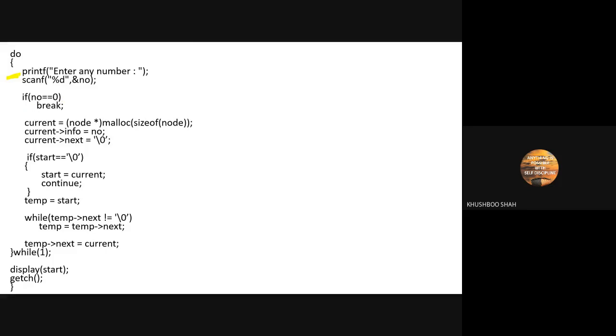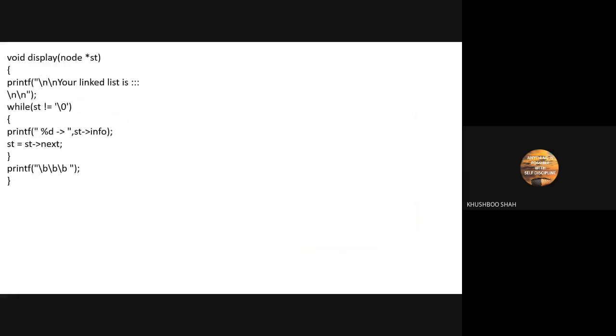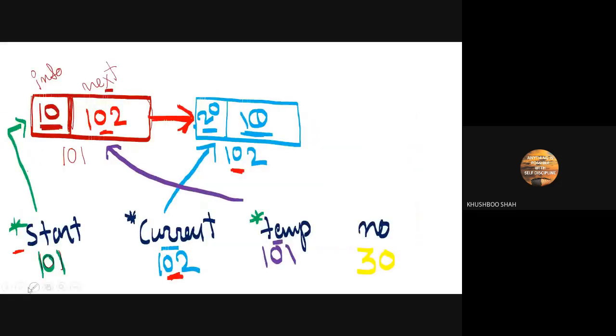Now what we are going to do, again the same process. Create one node and assign the address of that node to current. So again we will create one node, and let's say the address of this node is 103.